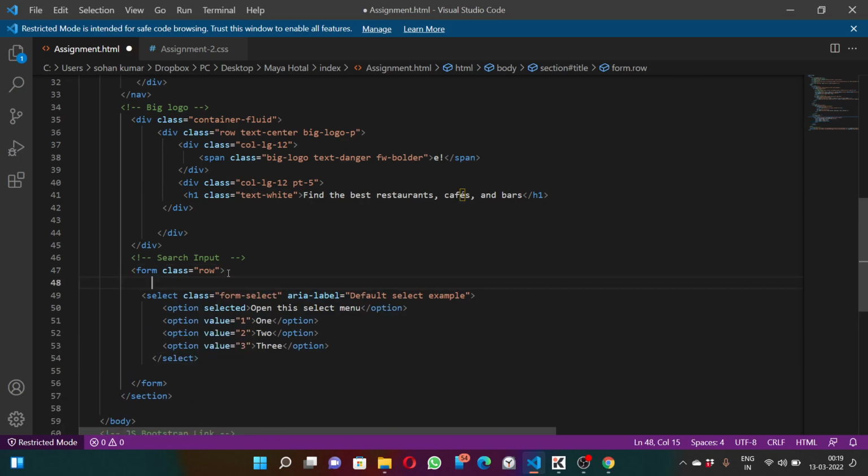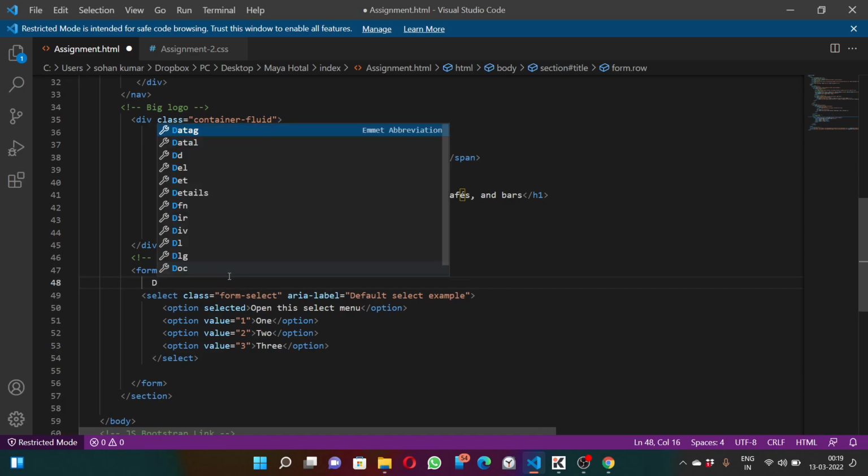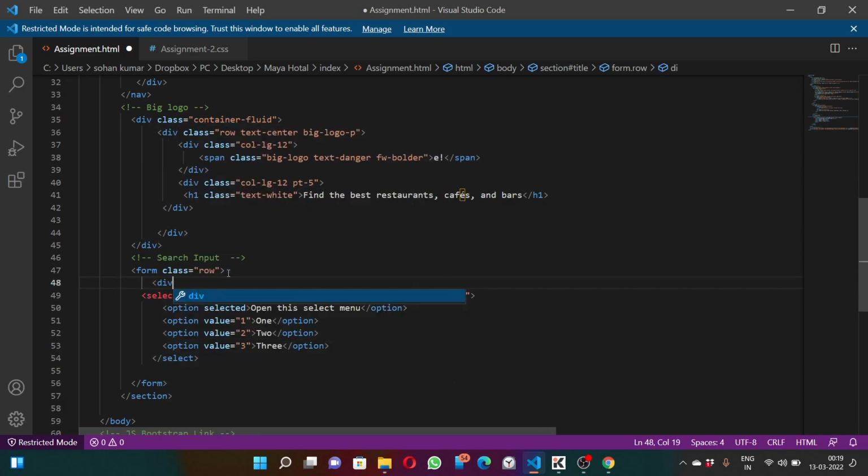And we need to provide this div, and yes, div, copy it, must close this here and save, and just go to your browser,